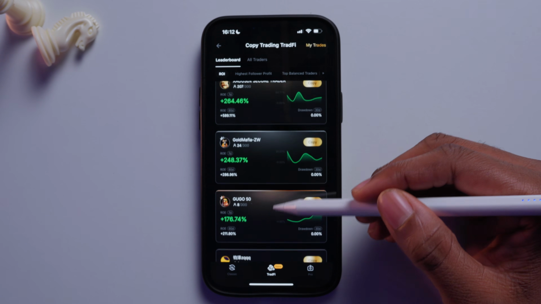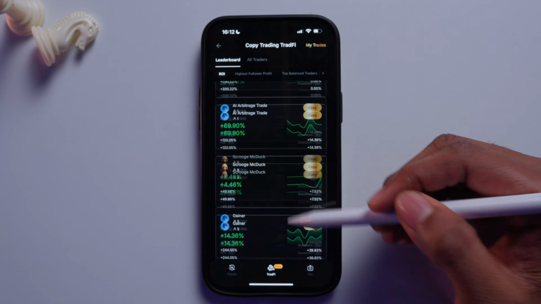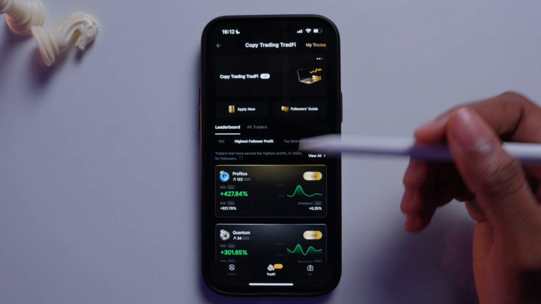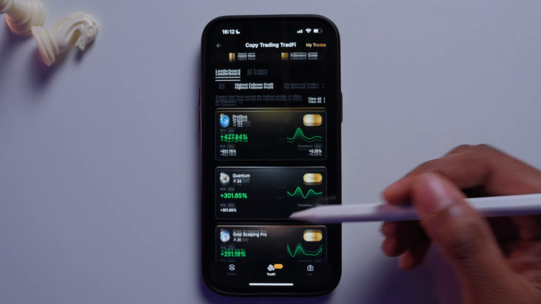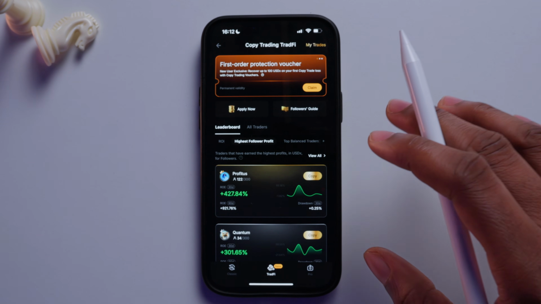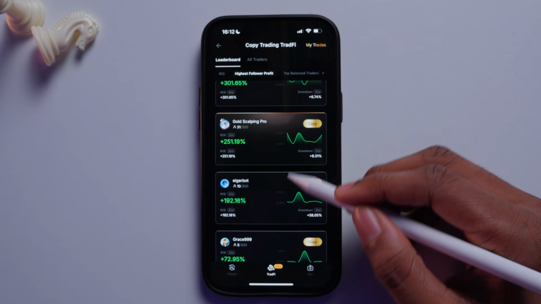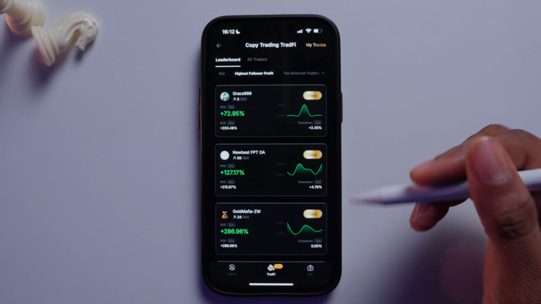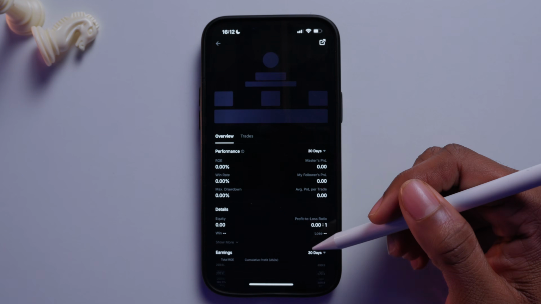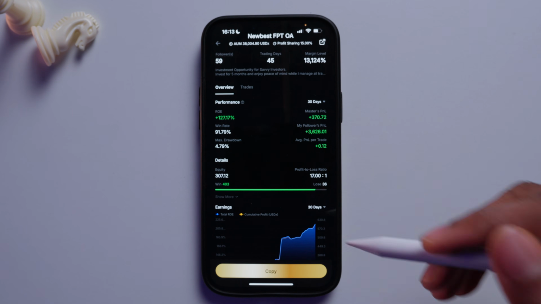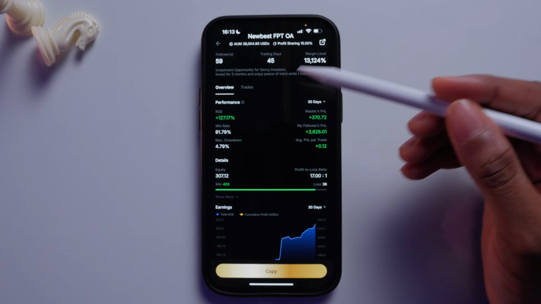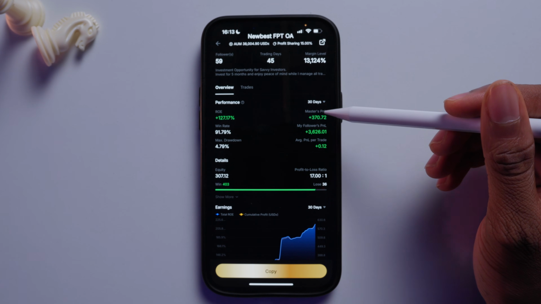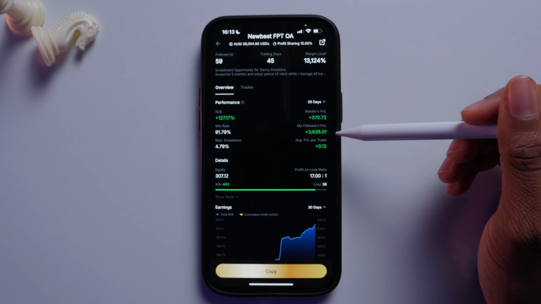Let's say you want to follow a master trader with high ROI, you find them here. Master traders with highest follower profit, you find them here. And this is the category I'll actually recommend because these are the master traders that are making the most profit for their followers. So you can pick any of these traders, check their stats and see how they are performing. Here you see their return on equity, their win rate, the max drawdown, masters profit and loss, followers profit and loss,